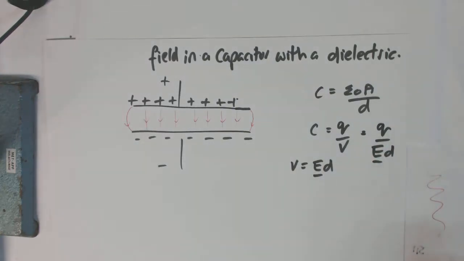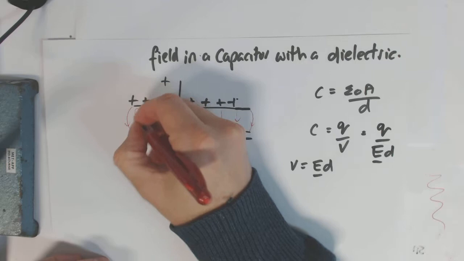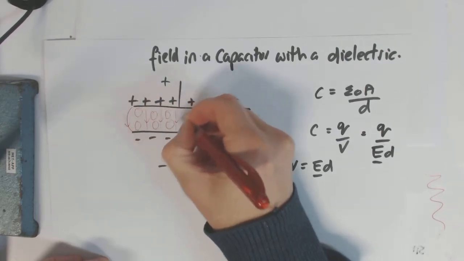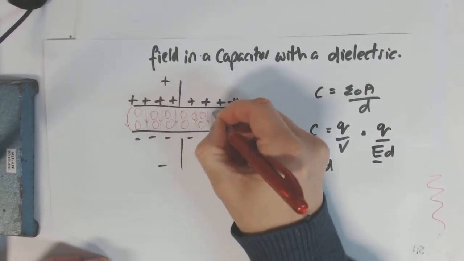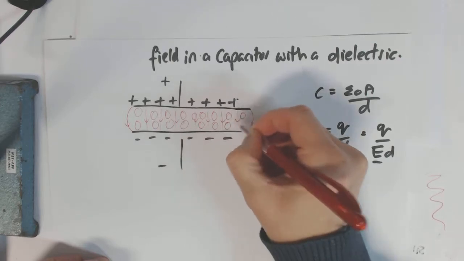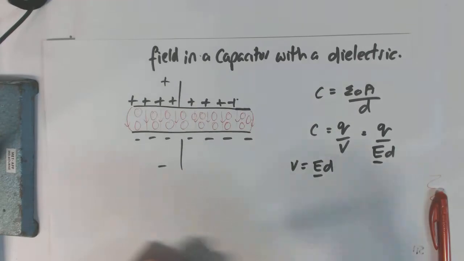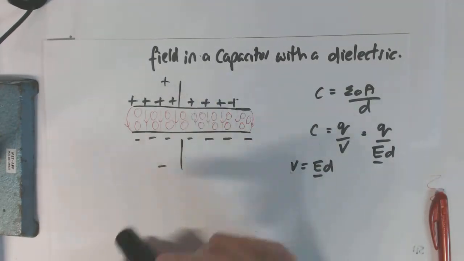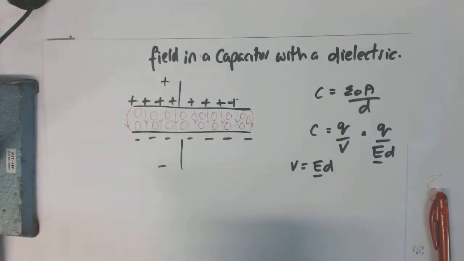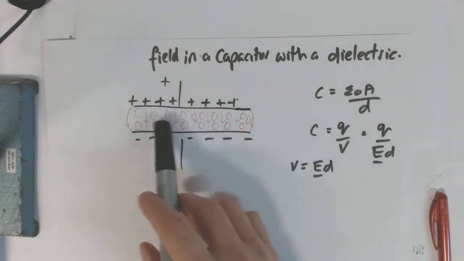bigger capacitance. So when you put a whole bunch of things in here, other types of non-conducting materials. Why non-conducting? Because if they're conducting, we'd lose our capacitor. We'd just get charge flow straight across it, and we don't want that. But if we get an insulator of some sort in there,